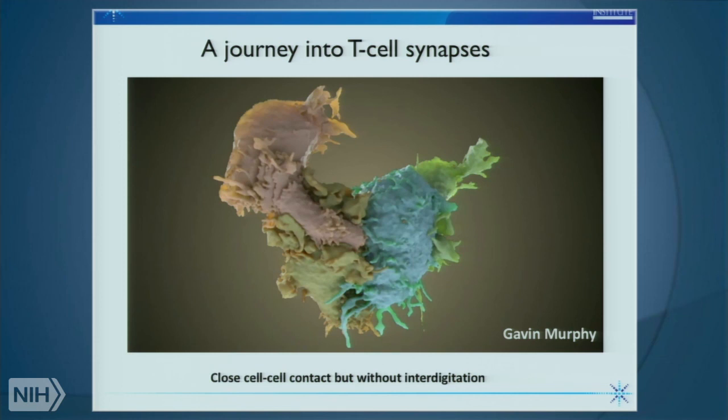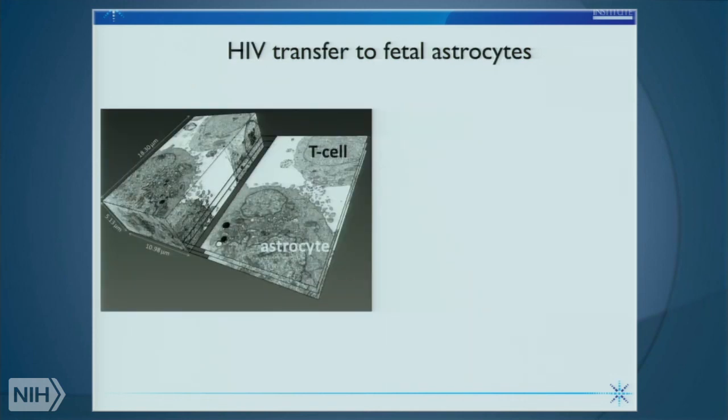Yet another example of the use of these methods to unravel the mechanism of HIV transfer came from application to astrocytes. Fetal astrocytes, Avi Nath had just arrived from Hopkins at that time, and they knew how to culture these fetal astrocytes in their lab. And when we began to look at virological synapses between infected T cells and fetal astrocytes, at first it was disappointing because it looked like there was nothing much happening at the junction between these cells. You can see the contact zone seems relatively